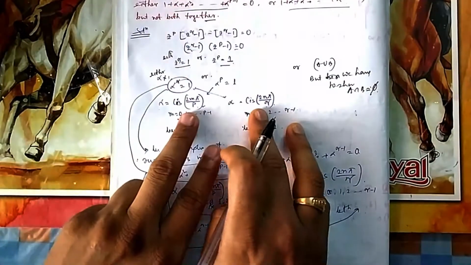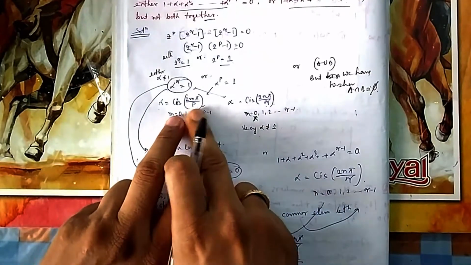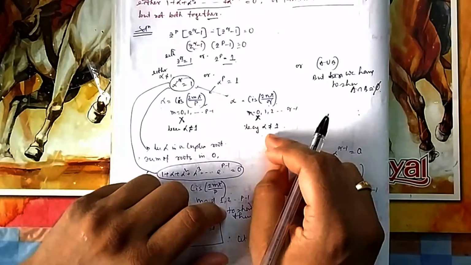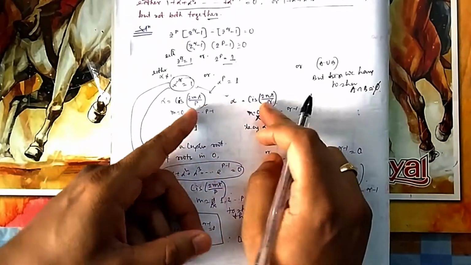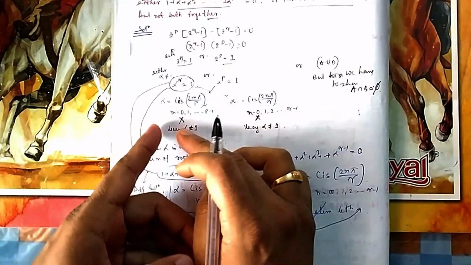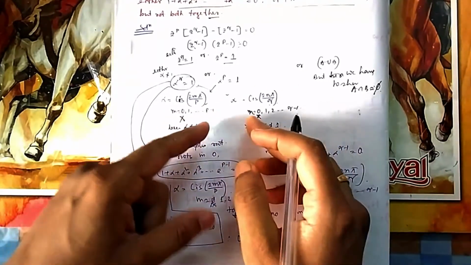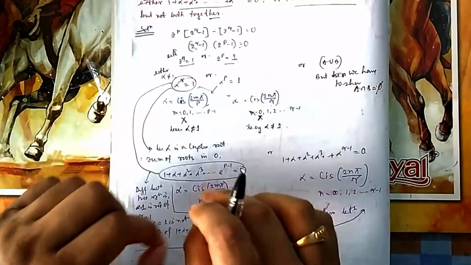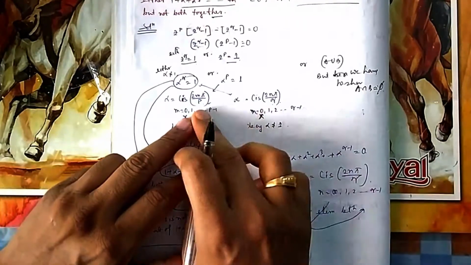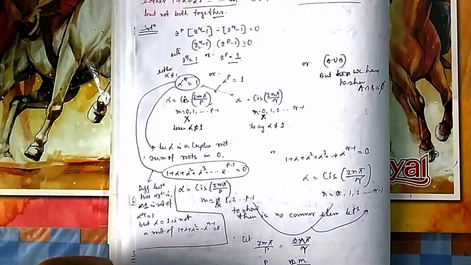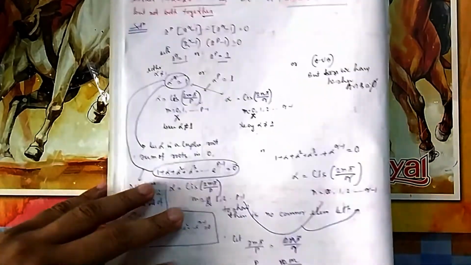Because both these cannot occur simultaneously. So if this is happening, this should not happen. That means there should not be any common term between these two. You are getting it? So if there is one common, then the rest of the things will be common. Once this happens, then that can also happen. But you don't want both of these to occur simultaneously. So to prevent it, there should not be any common term. If there is no common term, then both the things cannot occur simultaneously.